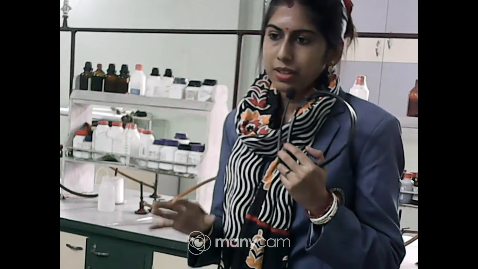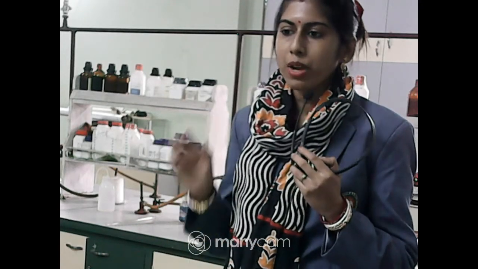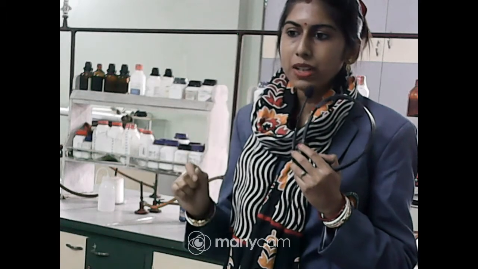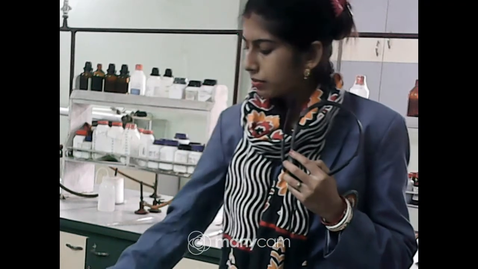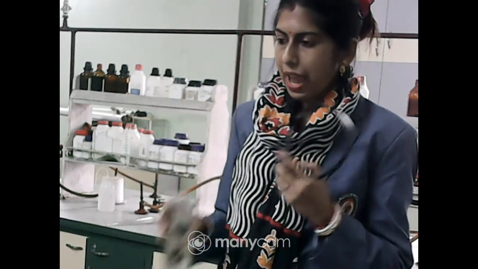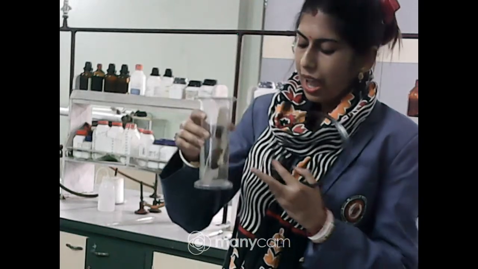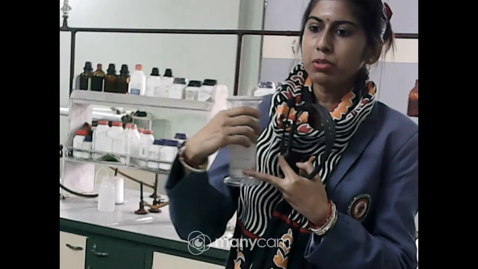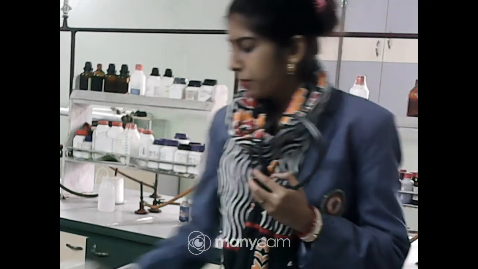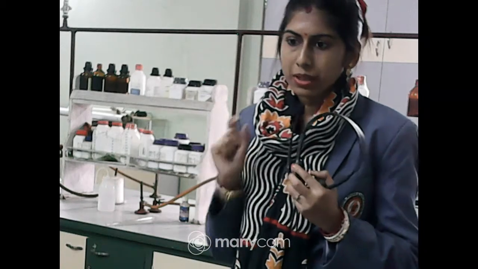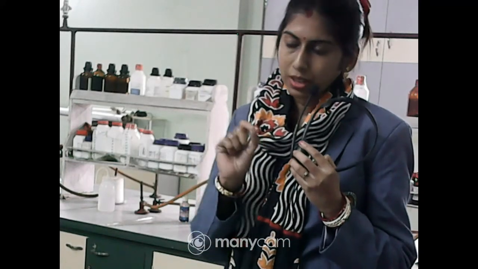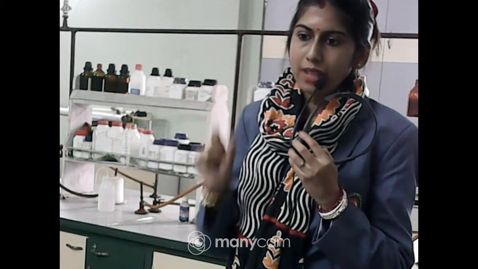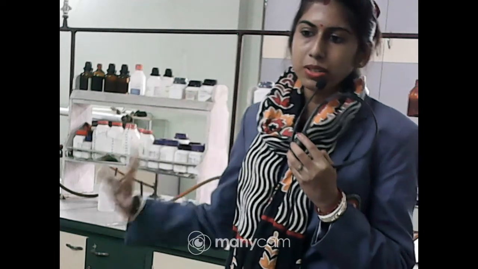On the day of your examination, I will provide you an extra white page for writing the identification part. First the specimens will be kept on the table and they will be marked as A, B, C, D, and the actual name of the specimen will be covered with black paper. You have to first write down the specimen number A1 or B1 or C1, then write down the identifying characters, and after that in the next para you have to give a small dash, then write down hence the given sample or hence the given specimen is mushroom.